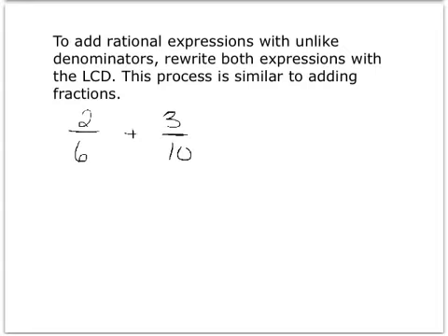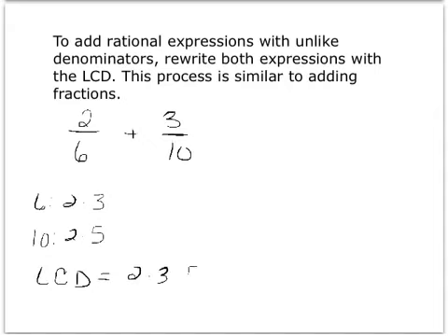Okay, these don't have the same denominator, so we can figure out what the same denominator should be. We're going to break up 6 into 2 times 3, break up 10 into 2 times 5. Okay, so our least common denominator, which is your least common multiple, is 2 times 3 times 5, which is 30. Okay, so what we do is we multiply